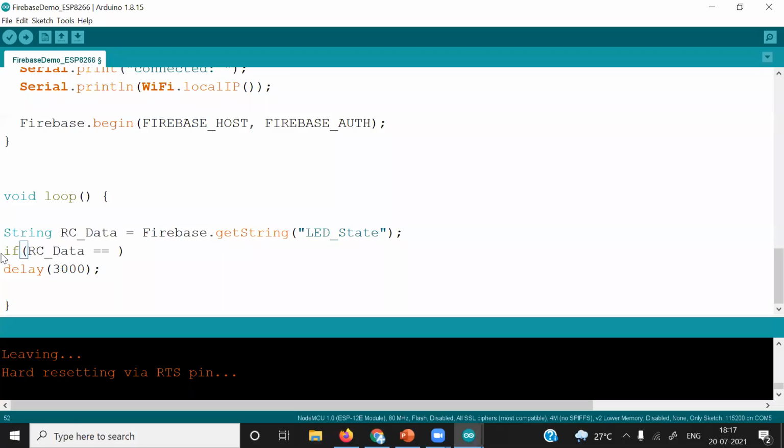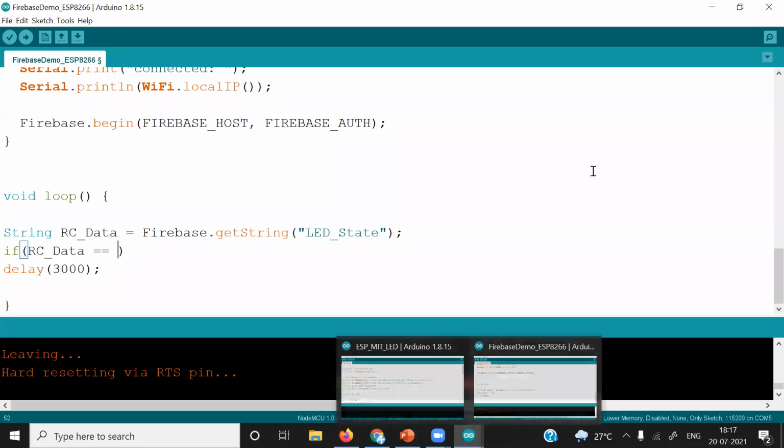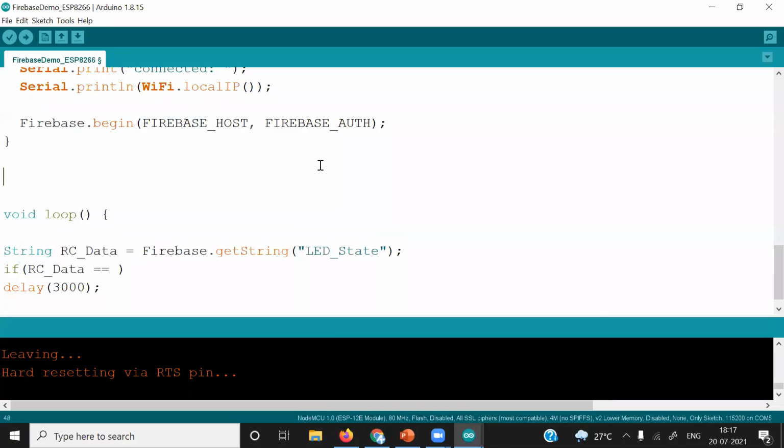In Arduino IDE, you can directly compare a string with another string. So what was the string? We were receiving the string in double quotes true or in double quotes